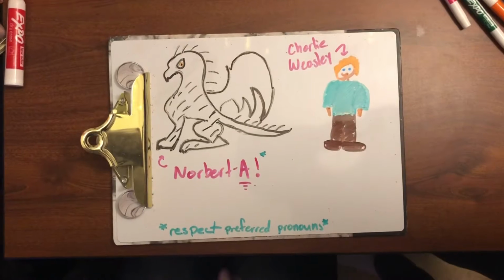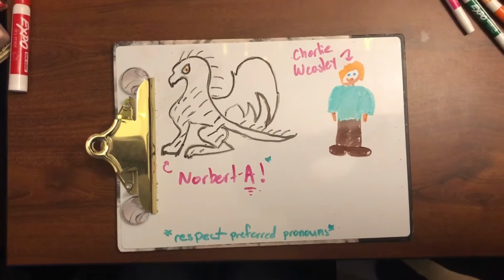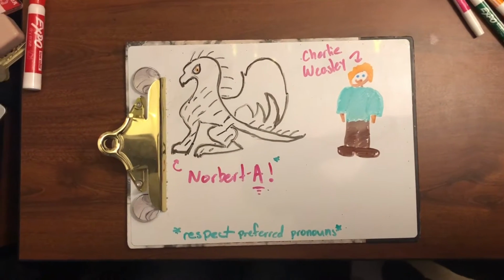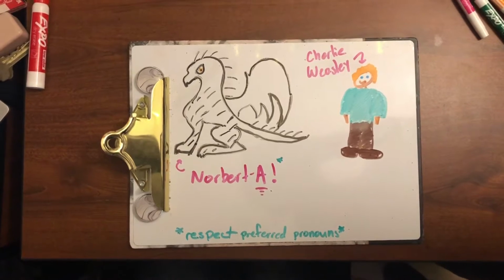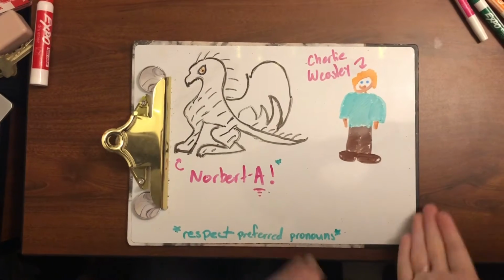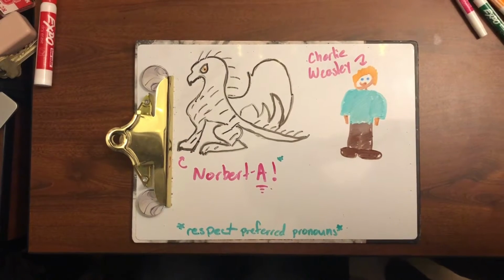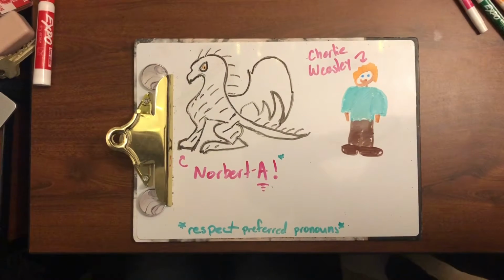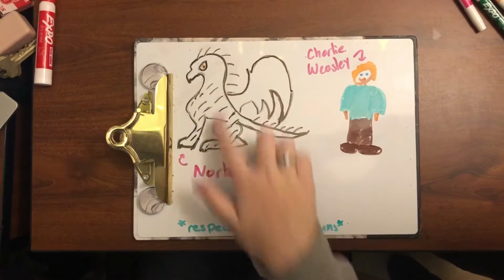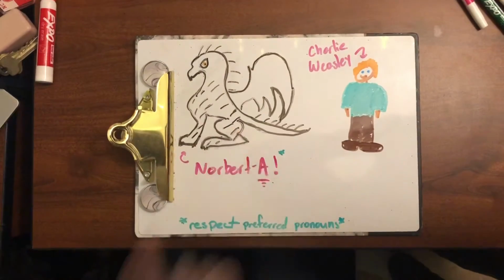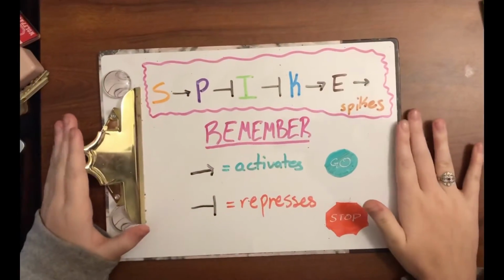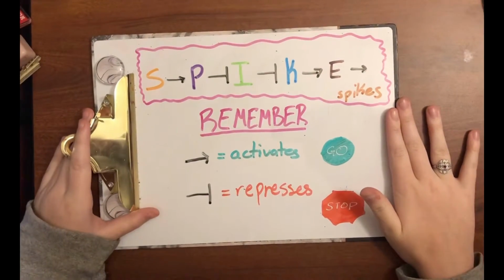So I was talking to Hagrid recently, and he was giving me some updates on Norberta. Yes, Norberta was a girl. So he was telling me that Charlie Weasley, this is my accurate portrayal of Charlie Weasley, has been looking after Norberta, and he has hypothesized a developmental network that allows for spikes to show up on her skin, but not on her wings, head, or belly. Now here is the developmental network that Charlie Weasley sent over.